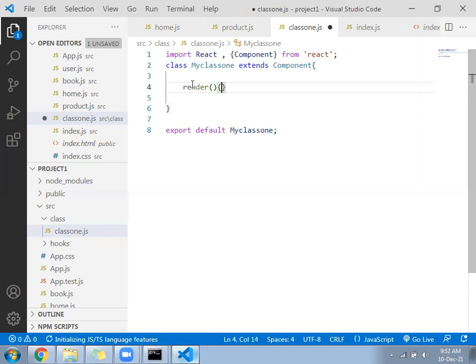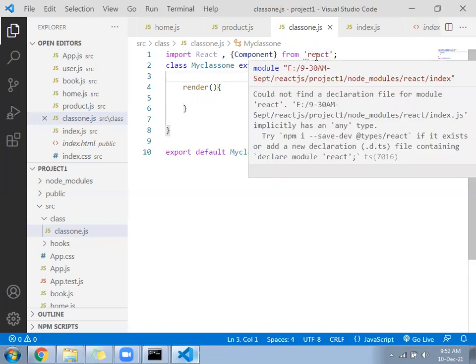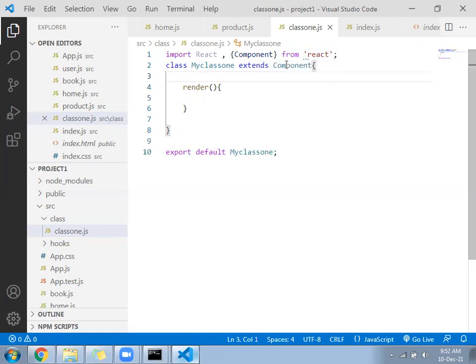If you want to print any output in the browser, you have to use the function called render. A render function is a predefined function. This comes from the class called Component.